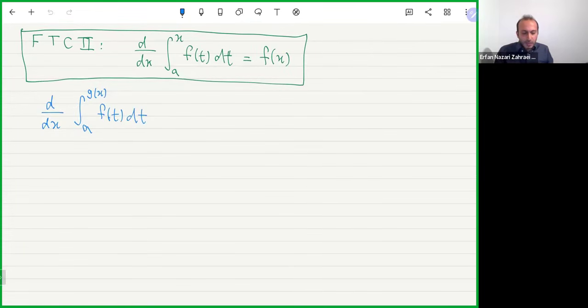Okay, to do this, what we need is again the fundamental theorem of calculus part 2, but instead of x, I have a function of x. This reminds me of something in a previous course,